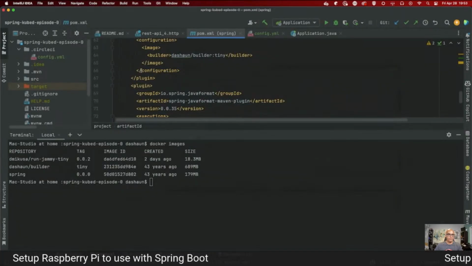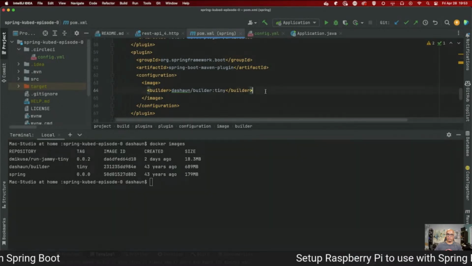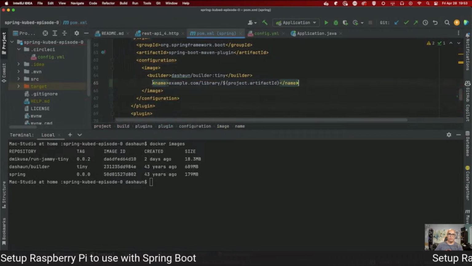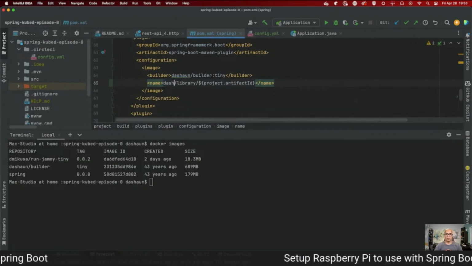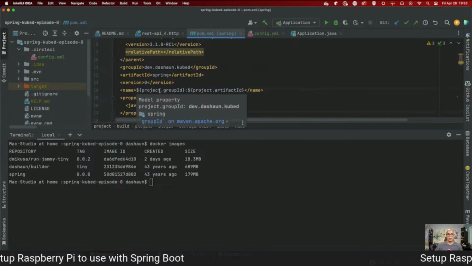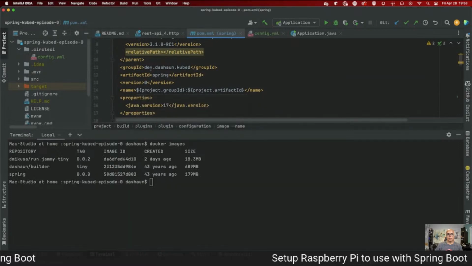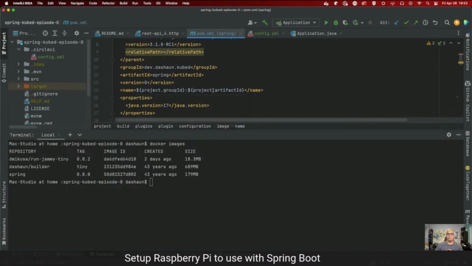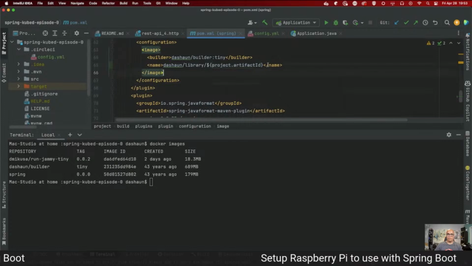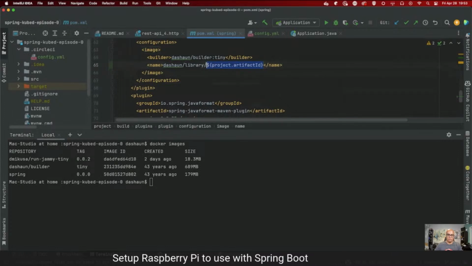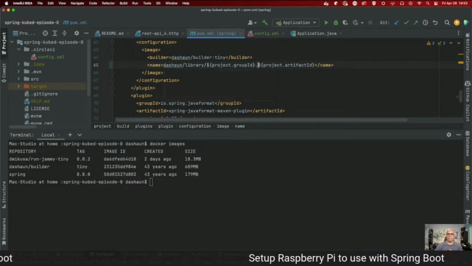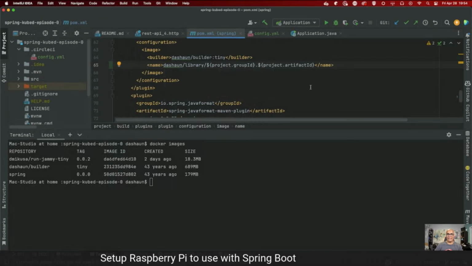So in my plugin, the same place I did the builder, I'm going to add this image name. Do I want it to be project ID? If I did group ID, it'd be dev.deshaun.cubed dot project artifact ID. Let's do this. So it's going to be called dev.deshaun.cubed dot Spring. And I can also give it a version,